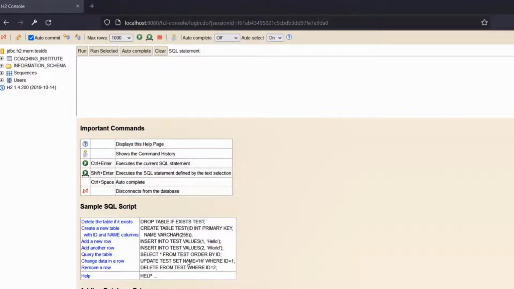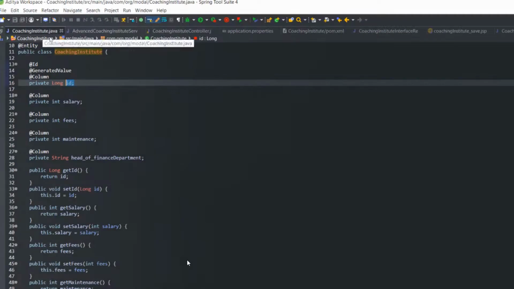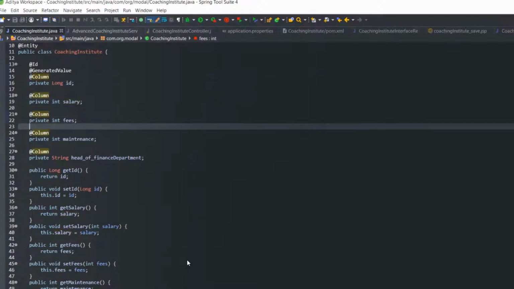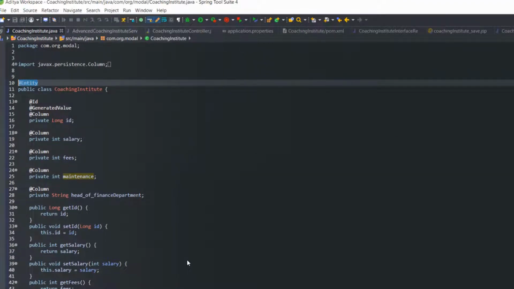Okay, it opened, and now you can see that here it is coaching_institute, and all the fields: ID, fees, head of finance department, maintenance, salary, whatever column names we have given, came here. But if we go to the Coaching Institute class, you can see that the @Column annotation was there, but we are not using any custom name. So I don't think we need this @Column annotation if we are not using any custom name.